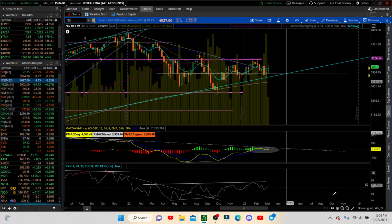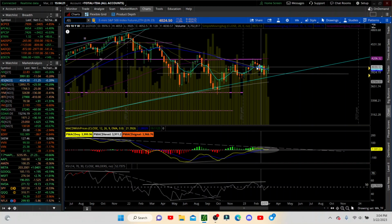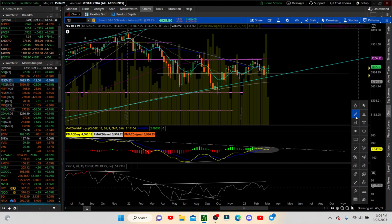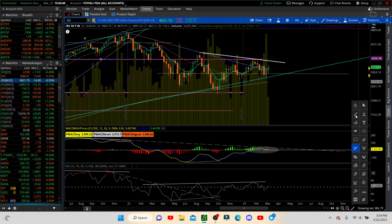All right. So on this weekly time frame, we're kind of right in the middle. The moving averages are working their way sideways. I've actually redrawn this on the SPX already, just as a triangle, from the top here. And I don't necessarily think this is totally a triangle formation, but it's possible, because when we dig deeper, we'll look at a daily time frame, it is possible that this is a three-wave move